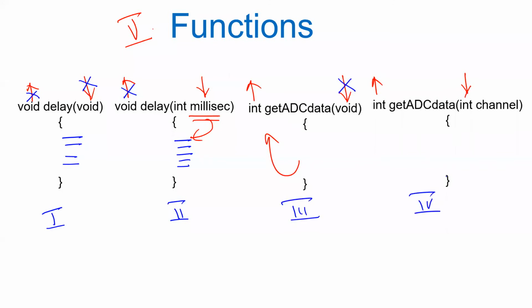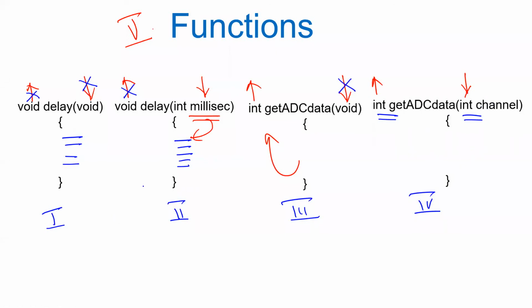In the fourth variant, it is accepting a value as a parameter, and it is also returning a value to the user. Say, for example, I am using the same ADC function. In this case, since my LPC2148 has 14 channels, I'm just passing which channel I want the data from, so that the same function can be reused for multiple channels. Whichever channel I am interested in, I pass that as a parameter, and the ADC function will get the data from that channel and return the value.